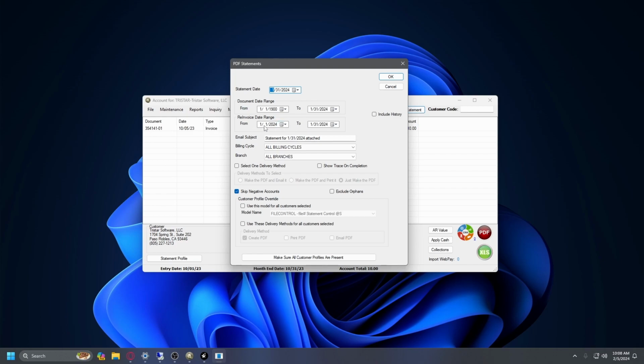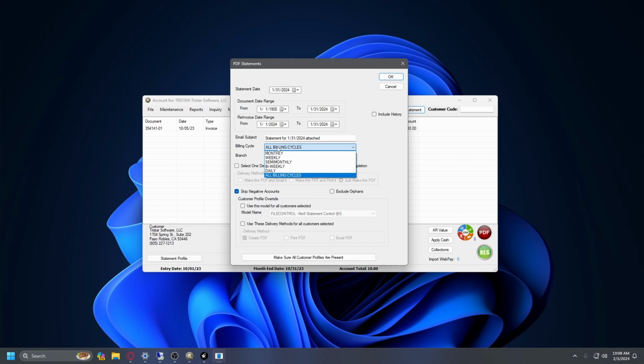Generally, this is because most customers do not want a statement that includes the individual invoices for invoices they've already seen before. They only want the new ones to be in the invoice section, whereas the statement will still include all that are owed. The email subject line is the subject line for the email if you have the send email selected. The billing cycle refers to the